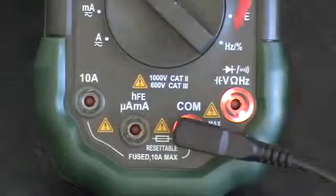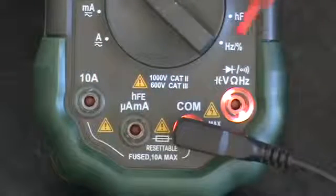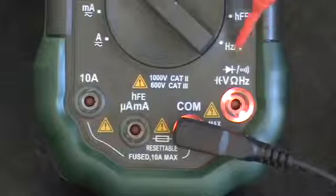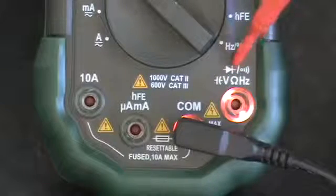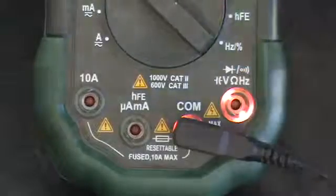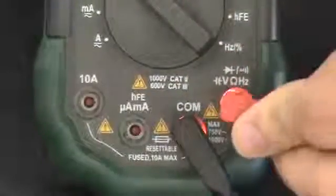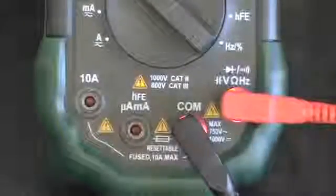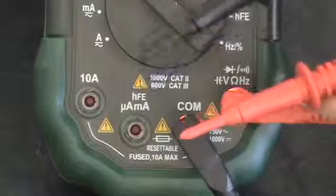Next, you have a couple different options to plug in your red probe. What you're going to want to look for is what you're going to be measuring. Since this is the only one that says volts, as you can see there's a V, and it measures the resistance too, you're going to want to plug this red one in right here into the volts one. And now you're ready to start measuring with your probes right here. And that's what we're going to be